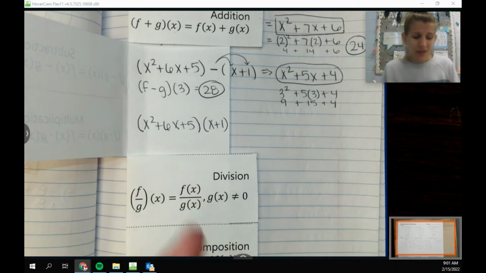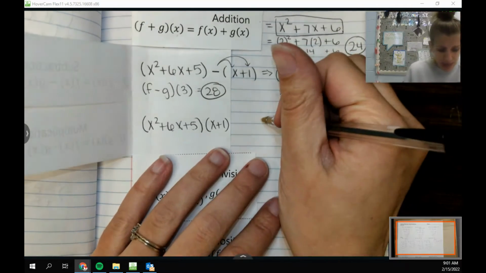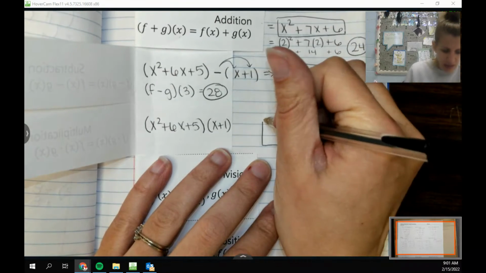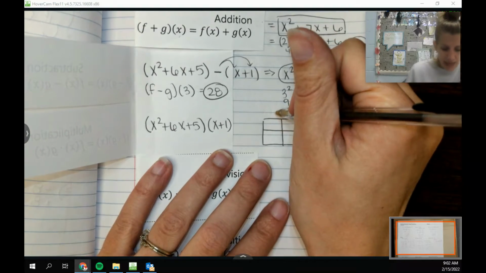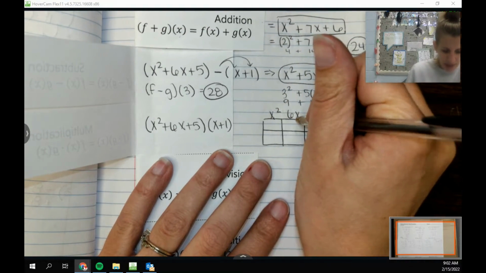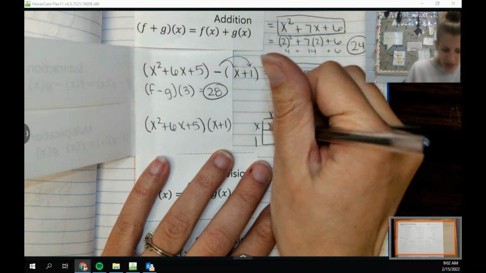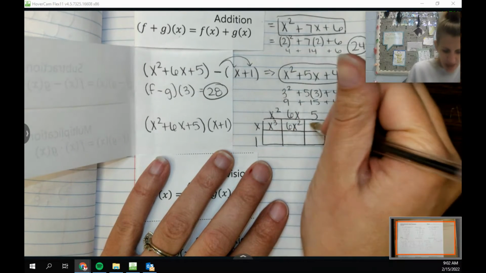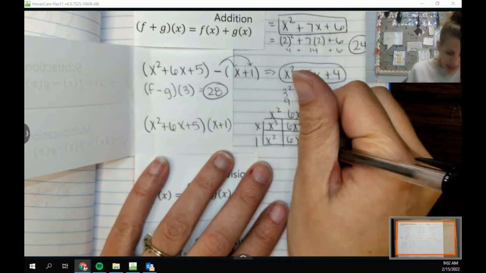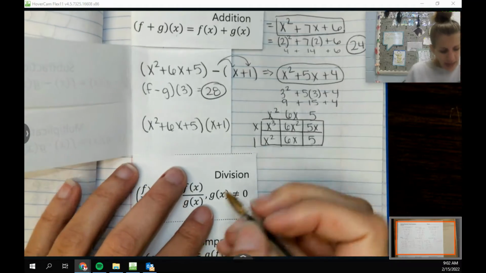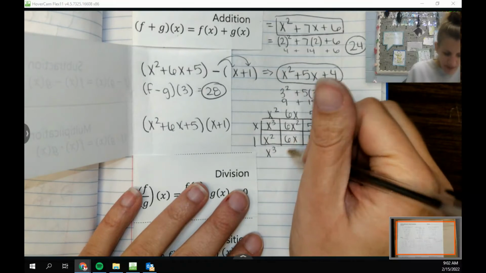And so normally I would think FOIL, but since I'm doing 3 numbers times 2 numbers, I might actually set up a rectangle, put them outside the box, get the numbers inside the box, like a 3 by 2, just so that I don't accidentally lose any numbers. So like that. And then I would just multiply to get each square. So x to the third, 6x squared, and 5x. And then across the bottom, we're multiplying by 1, so it's all going to stay the same. And then we can combine our like terms. So overall here we have x to the third, 7x squared,